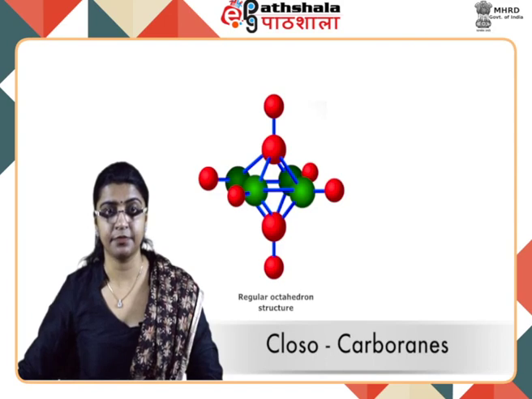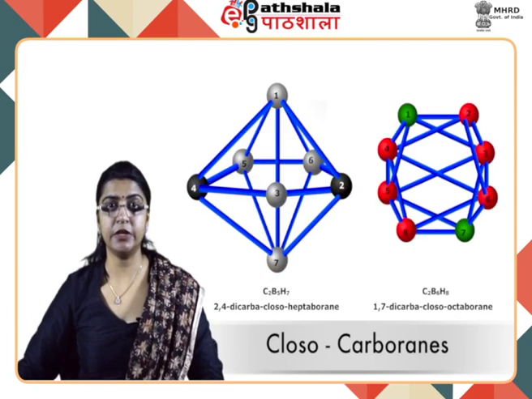plane and the 2 carbon atoms are present above and below the plane containing the boron atoms. It has a closed symmetrical structure and hence a closocarborane. You can easily see in the figure that all the vertices of this polyhedron are occupied either by carbon or by boron atoms. Another example of closocarborane is